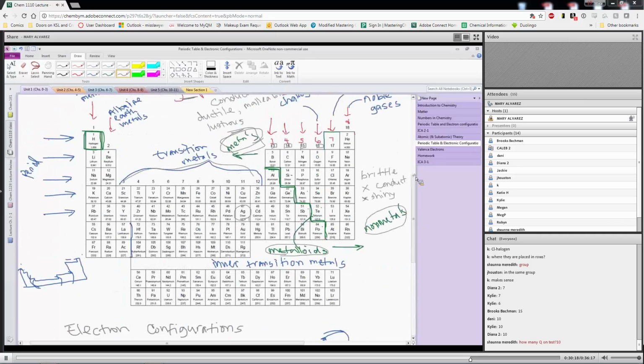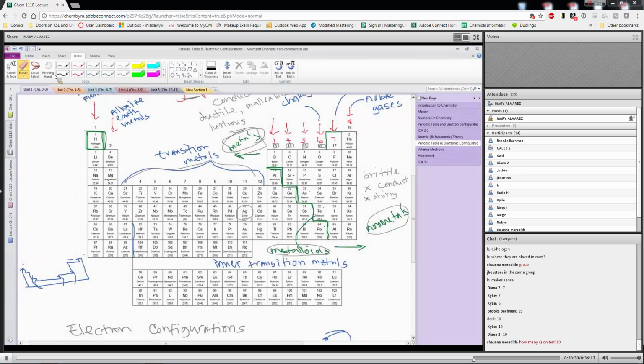So I want you guys to watch something that happens here. I'm just going to erase. I'm going to get a big eraser. Watch what happens here. When I look at the electrons filling for everything in group 1,